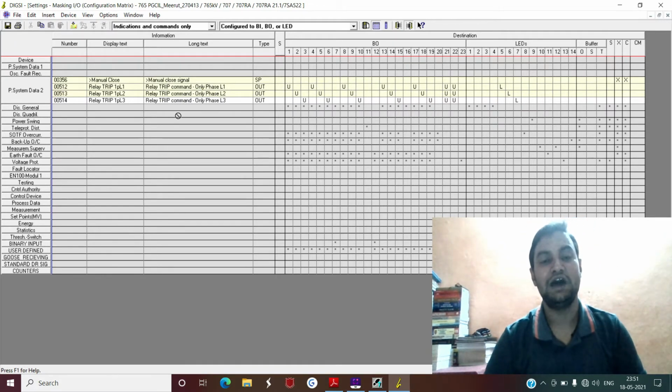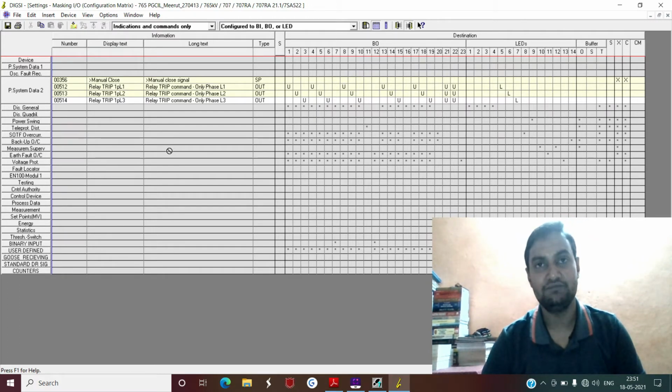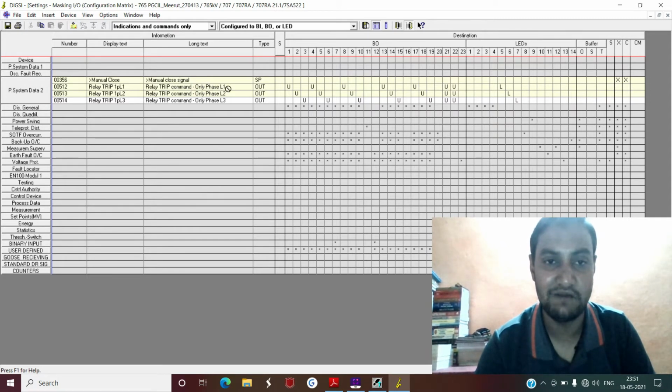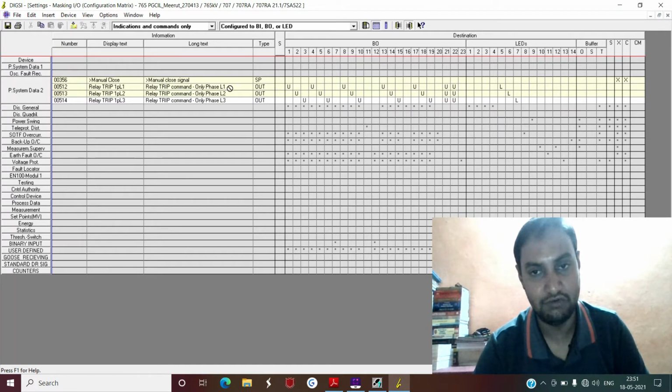So if the fault is R phase to ground, for example, and it is in zone 1, then your relay will issue relay trip command only phase L1. But if this is a phase to phase fault in zone 1, or if the relay has operated due to overcurrent, that means stub, or due to over voltage, then it will issue a three-phase trip command, and in that case you will see relay trip command phase L1, L2, L3, and those signals are also configured. In later stages we will see how those are configured. So basically you will have all these: relay trip command phase L1, phase L2, phase L3, and phase L1 to 3, that we will see somewhat later in the next 2 to 3 minutes.